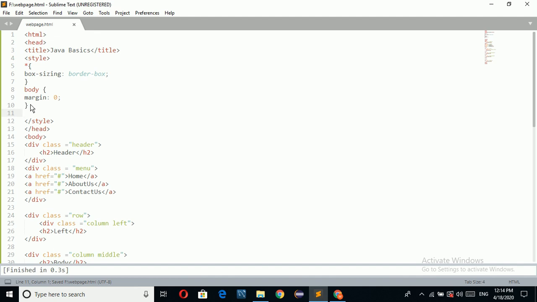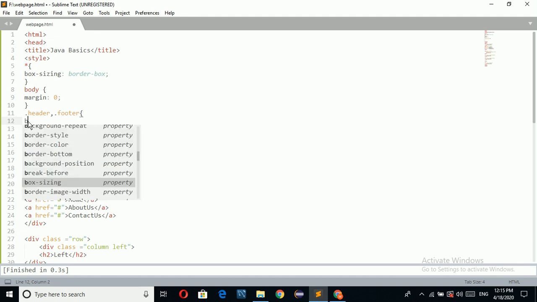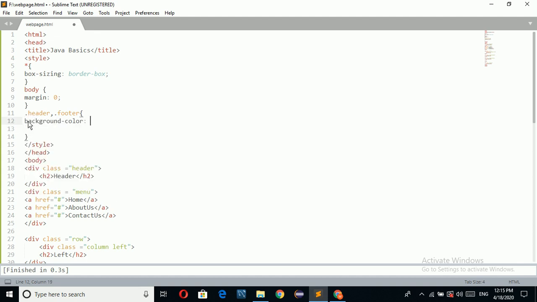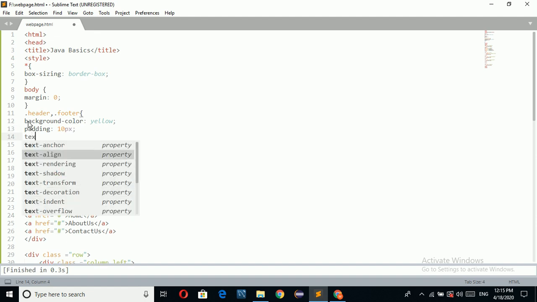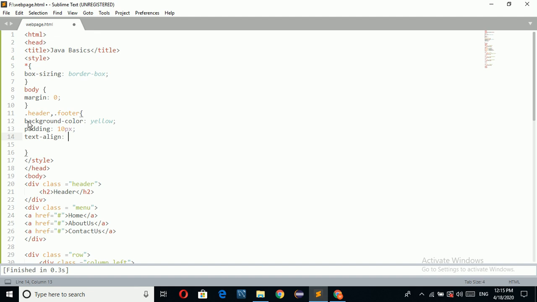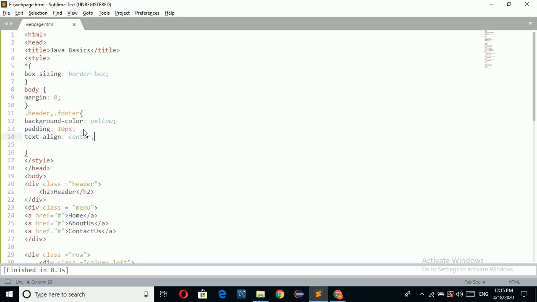Then I am going to apply the CSS for header, footer. So my header background color is, I want to display yellow color, and padding equal to 10 pixel, text-align equal to center. Now I am going to see the output. Header is created, footer is created.